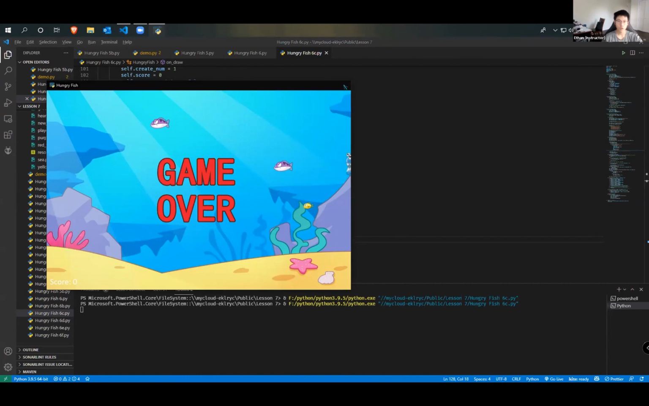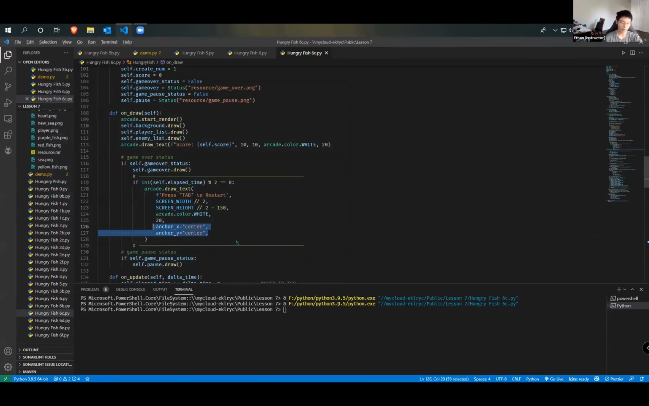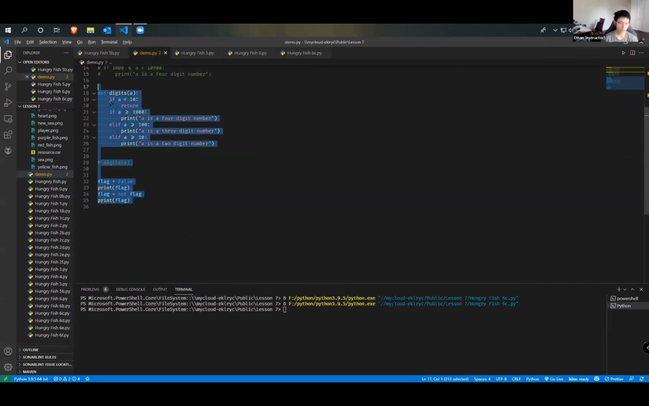Okay, so anchor X, anchor Y. This is sort of a new concept. This is changing where the dot is placed in the game. That is a terrible explanation, but basically it's indicating where this set of coordinates is in the text. So anchor X in the center means that the X coordinate is at the center of the text, and the same thing goes for anchor Y. That sounded really complicated, but let me show you